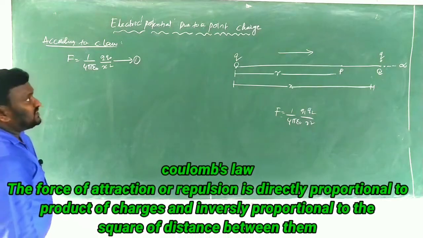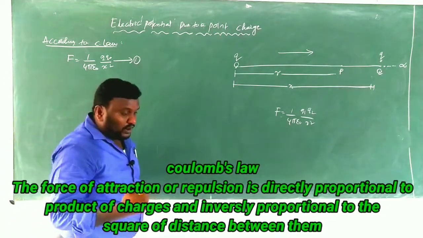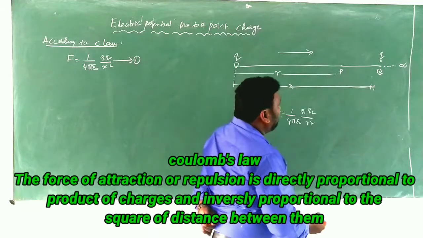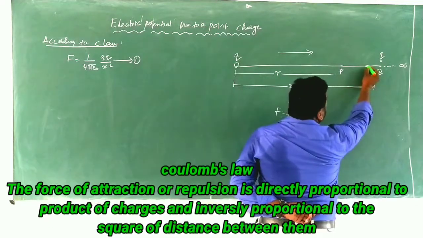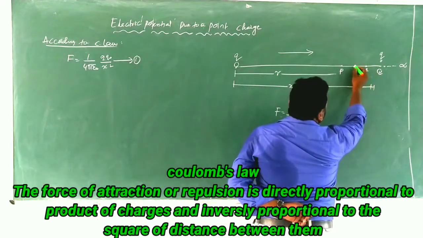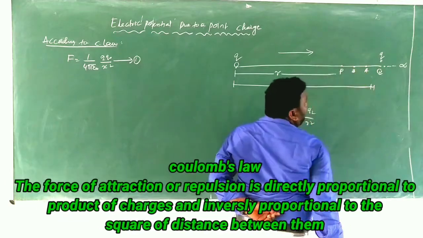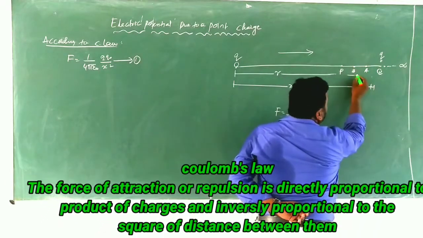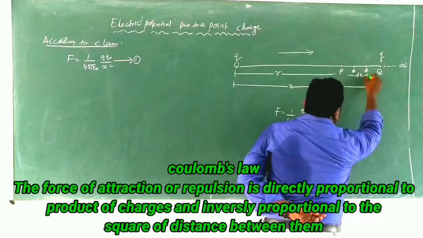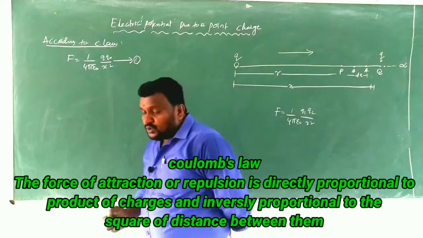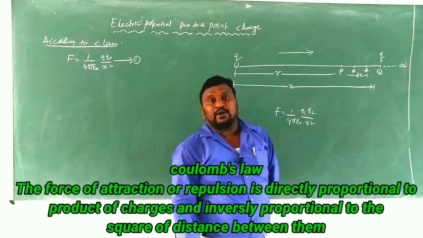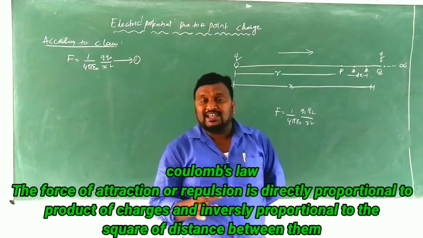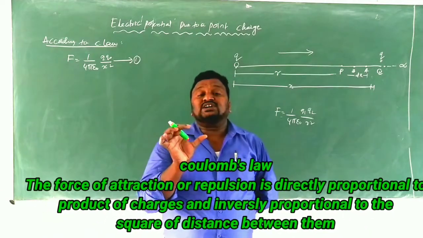Clear? After that, here we are going to make one assumption. Now we have selected 2 points, that is A and that should be B. These two are separated by a distance of dx. We have taken 2 more points A and B, and what is the difference of separation?